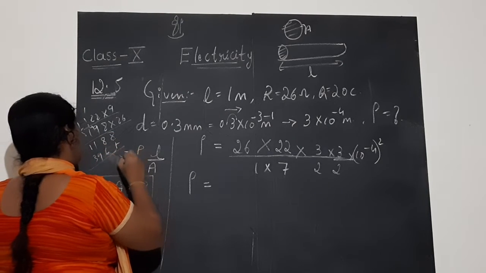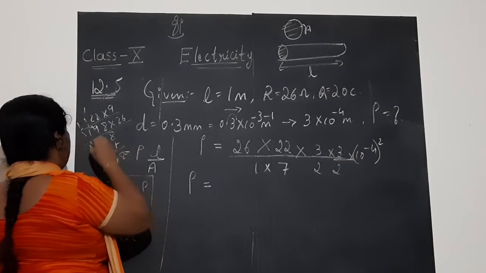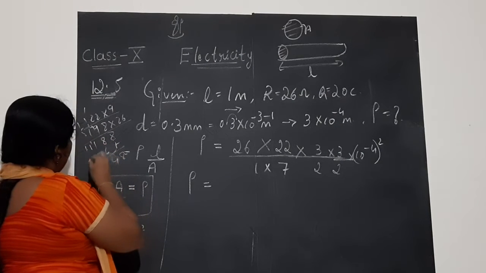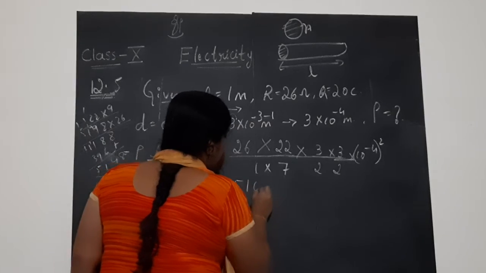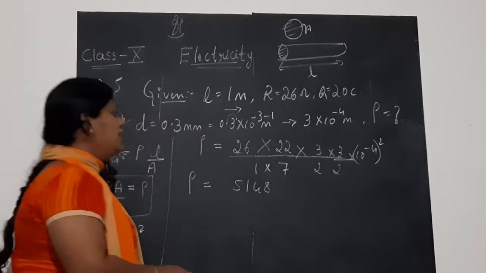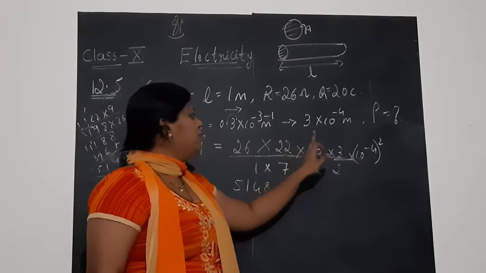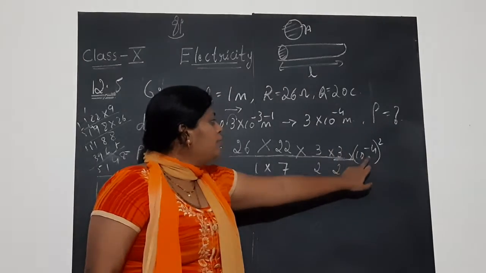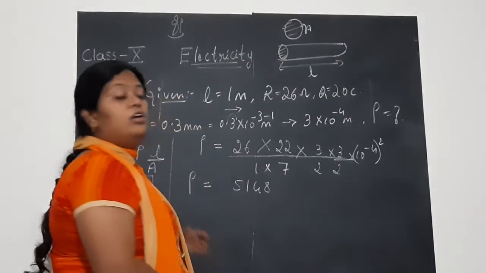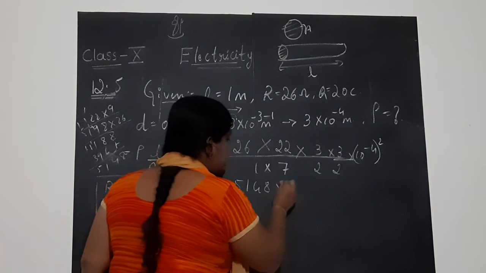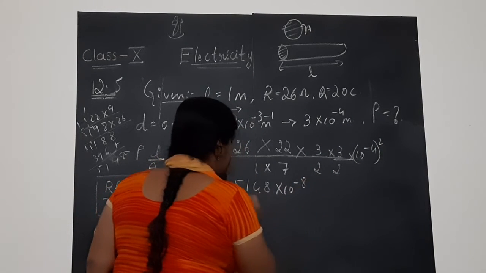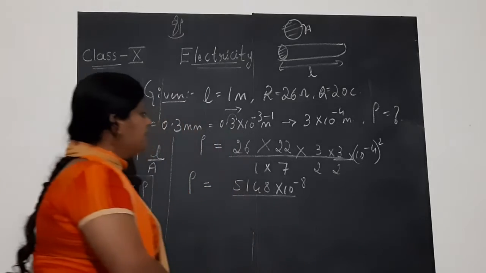If you add 8, 8 plus 6 is 40. 9, 10, 11, 1 carry. 3, 4, 5. 5 1 4 8 I got, by multiplying 26 into 22 into 3 into 3. In the numerator I have the power. Law of exponents: 10 power minus 4 into 2 is 10 to the power minus 8, divided by